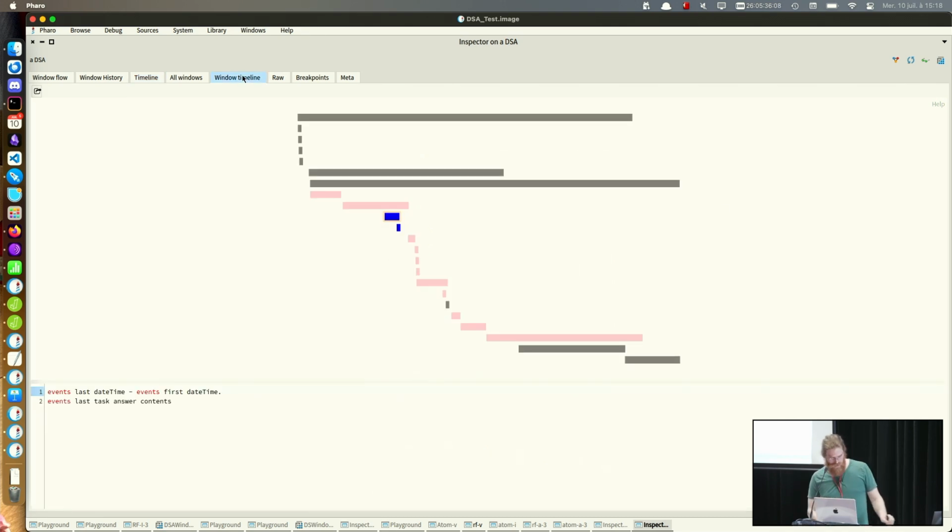And finally, we can see the timeline of the window usage. That means here what we see is each bar is a window that was open here, for example, and closed here, and we see how they are chained together. So here, for example, the debugger was only opened at the beginning, and so on. And we can try to understand the process of how the tools are used. And for now, it's disconnected from the big view of the beginning, but we plan to connect that